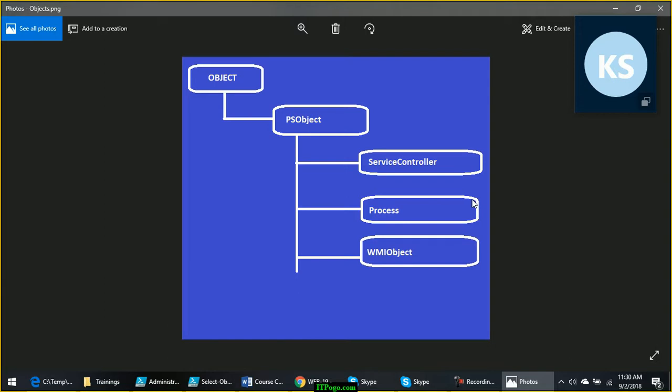That's why any commandlet ending with -Object is successfully able to process the input objects, because it is capable of handling the parent object type. It is able to handle anything that comes under PS object. Service controller comes under PS object, process comes under PS object, WMI object comes under PS object. Any other commandlet's result will be a child of PS object. PS object is the parent of all different object types.